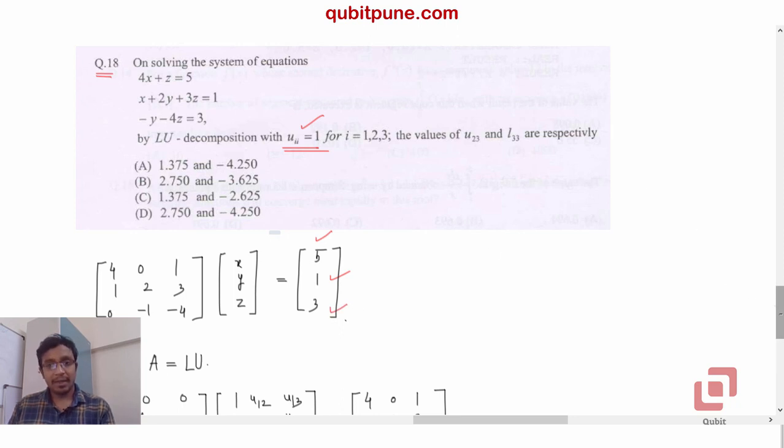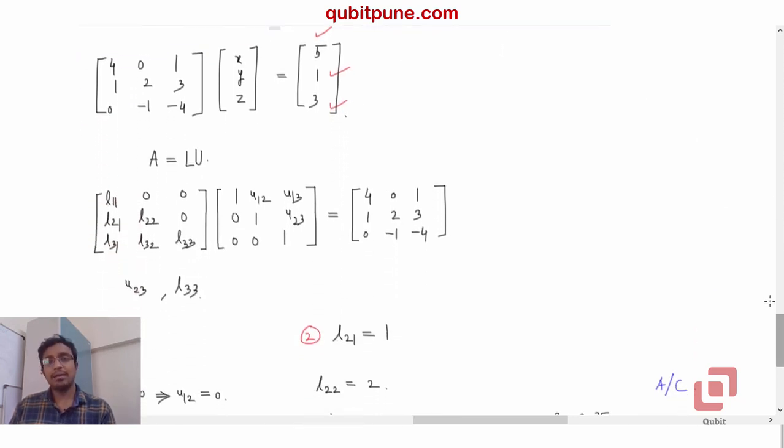Now the idea is to write the matrix A as a product of a lower triangular matrix L and an upper triangular matrix U, with the diagonal elements of U being equal to 1, because that is given to us. So 1 1 1, and let me arrange the other terms accordingly. It is an upper triangular matrix, so everything below the principal diagonal will be 0. U12, U13, U23 in usual notations, and L is also a lower triangular matrix. So in this case it is L11, L22, L33 along the diagonal, L21, L31 and L32. So there are basically 9 unknowns now. And that has to be equal to 4 0 1, 1 2 3, 0 minus 1 minus 4.